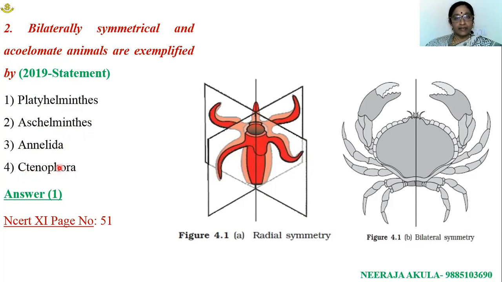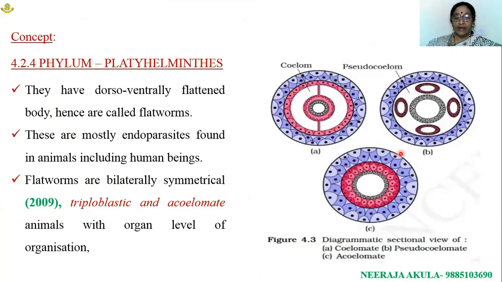Ctenophora members exhibit biradial symmetry. So these are flatworms, where the coelom is absent and mesodermal pouches are scattered. In pseudocoelomates, and in eucoelomate organisms, an inner and outer mesodermal lining is present and it encloses a cavity. And let me read out the questions which appeared in the 2019 Odisha paper.